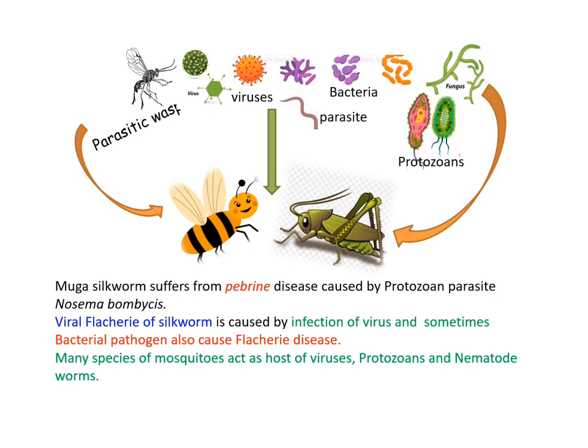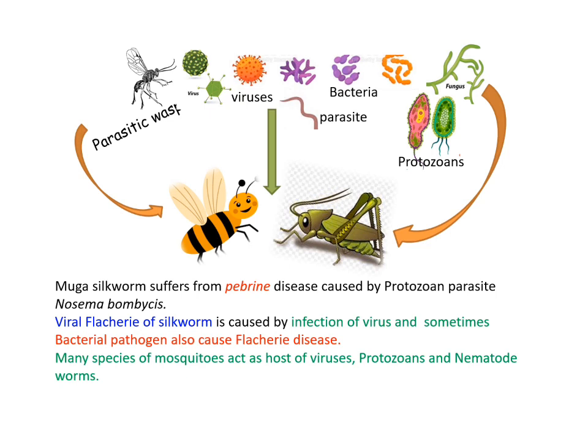Then, for protozoan diseases, we know malaria is a very common disease. Malaria is also caused by protozoan parasites, and the mosquito also acts as a vector of those malarial protozoans, like Plasmodium vivax, Plasmodium falciparum, etc. Then nematode worms also attack the mosquitoes. They infect the mosquito body, like the Culex mosquito, and they cause the disease elephantiasis, or we can also say filariasis. So these are some of the common diseases that